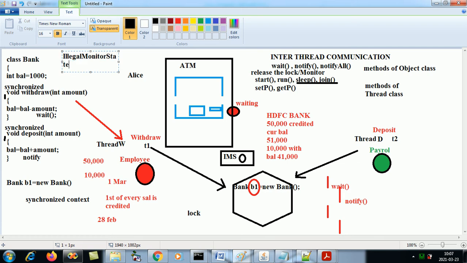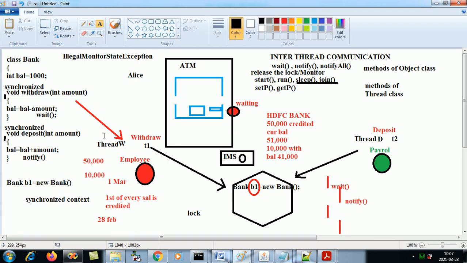Illegal monitor state exception. If you try to invoke wait and notify from outside the synchronized context, it will throw it, so you have to invoke them from a synchronized context. Okay, this is the second point.